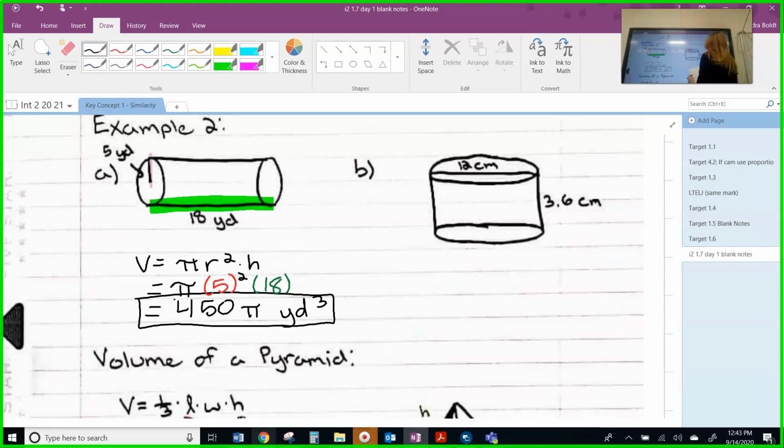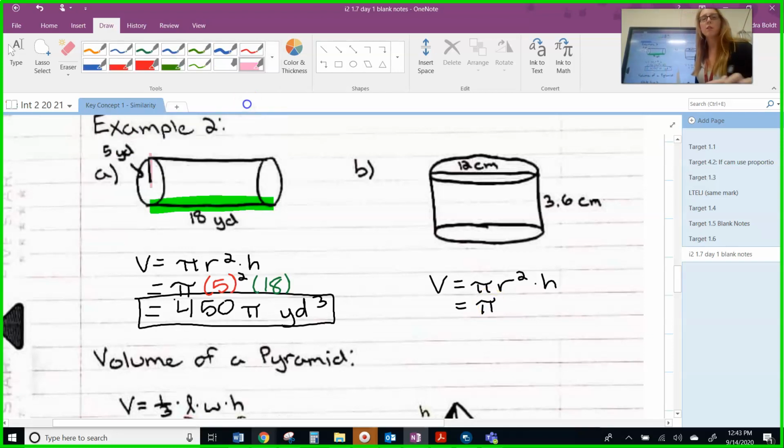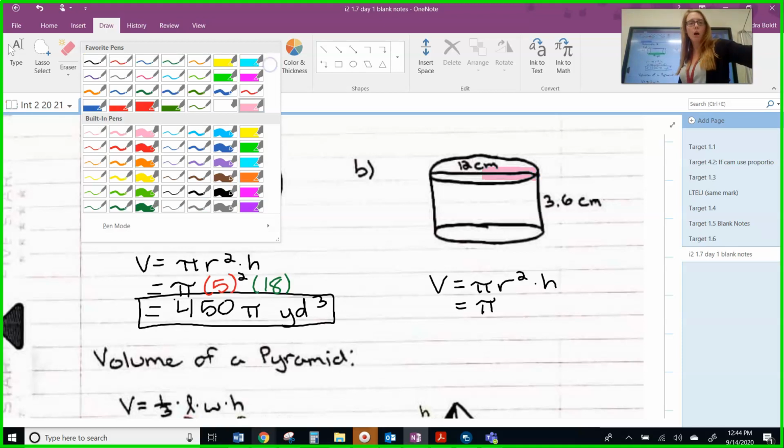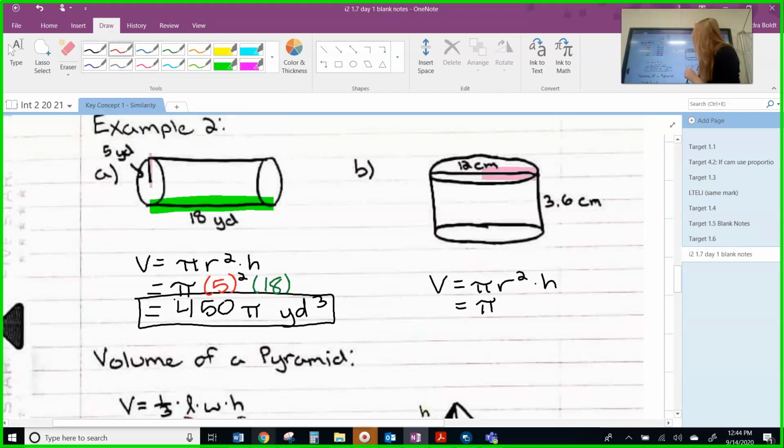All right, looking at our second one here, we have volume equals pi r squared times h. Pi just comes down. We have to know what our r is, our radius here. Again, remember the radius is halfway across your circle. Well, this 12, that line is going all the way across my circle. So my radius here is not 12, right? If 12 is going all the way across the circle, then halfway across the circle is going to be